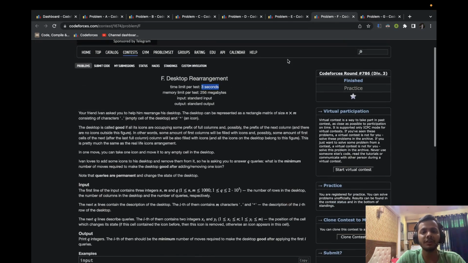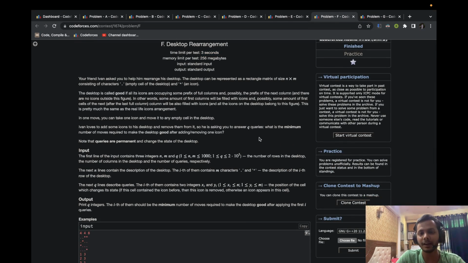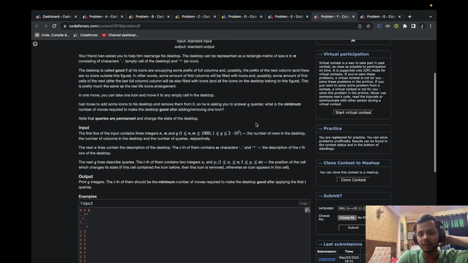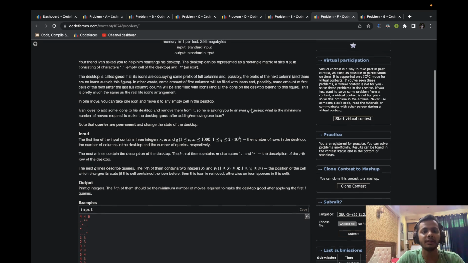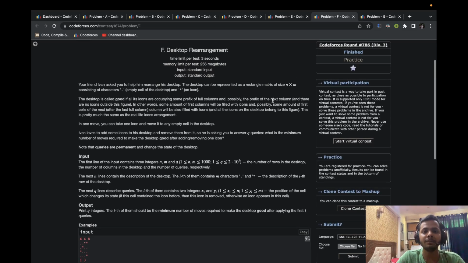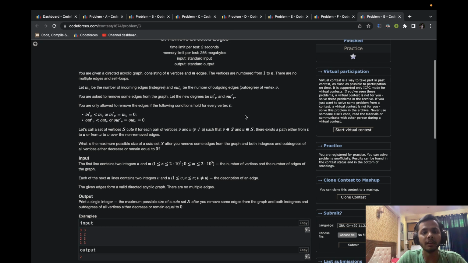I also wasted a lot of time in problem F because I thought that in one operation we can move an icon to any of its adjacent cells only, and that made the problem 10 times more difficult, so I wasn't able to solve it. But then I later realized that we can move it to anywhere. Anyways, so let's try to